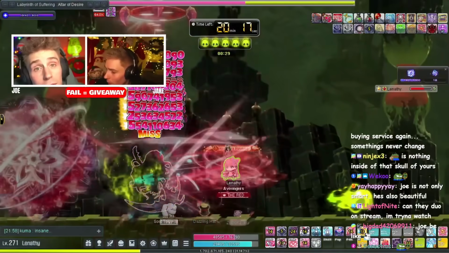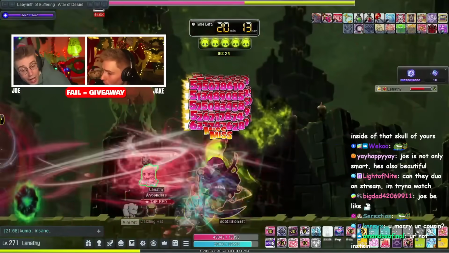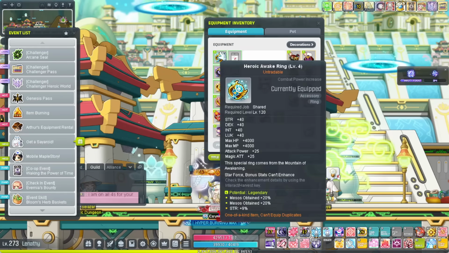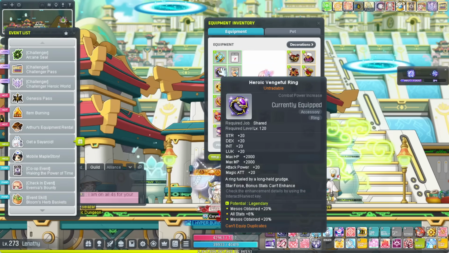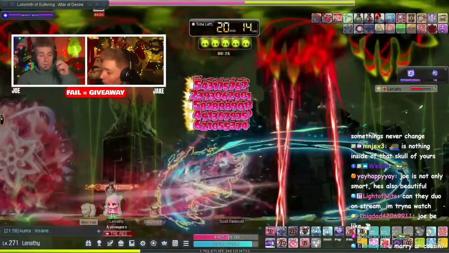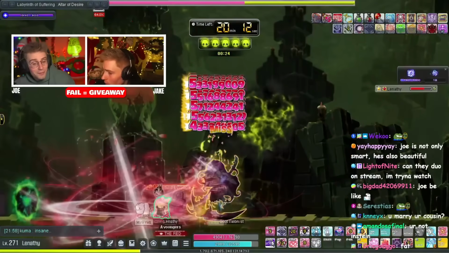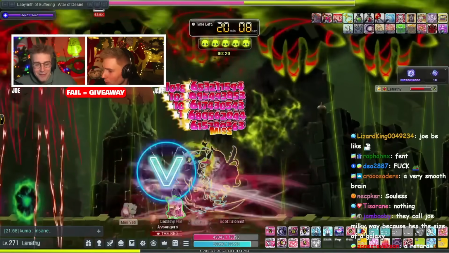And then obviously along the way as well, what you're going to want to be doing is claiming these event rings from the events, and you're going to want to be either cubing them for miso and drop, or if you want to just get straight damage gear, you can obviously cube them for strength stat that you'll need. So once you've done all this and you are level 268 to level 270, you will definitely have enough damage